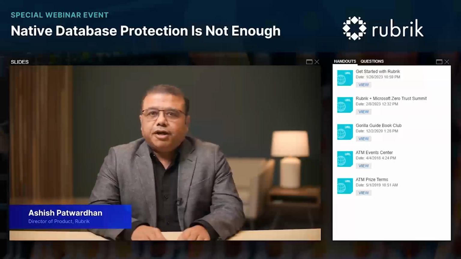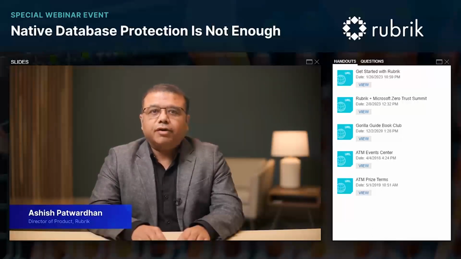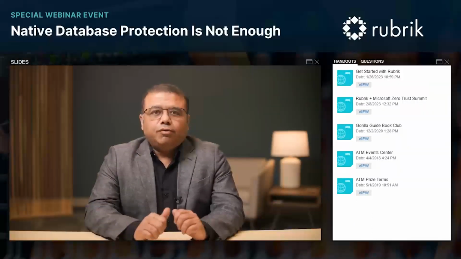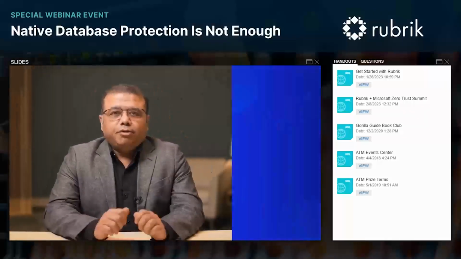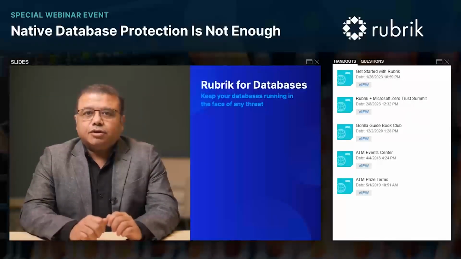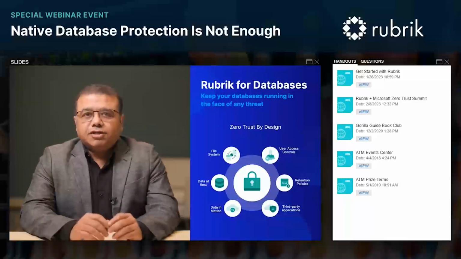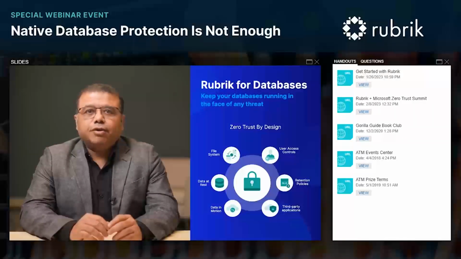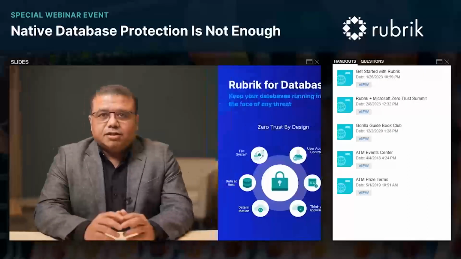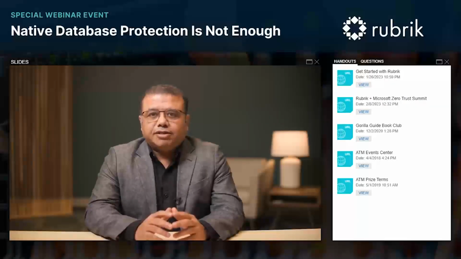As a leader in data protection and data security, Rubrik keeps all your database data safe and readily available for recovery, so you can always recover only what you need and when you need it. To be able to do that, Rubrik has been architected to solve each of the requirements that Vasu just laid out. Starting with Zero Trust by design. First up, Rubrik Security Cloud was designed with a logical air gap, secure protocols, native immutability, encryption, and access controls. As a result, this means you can keep your database's data safe and readily available for when you need it most. There is nothing better than peace of mind.